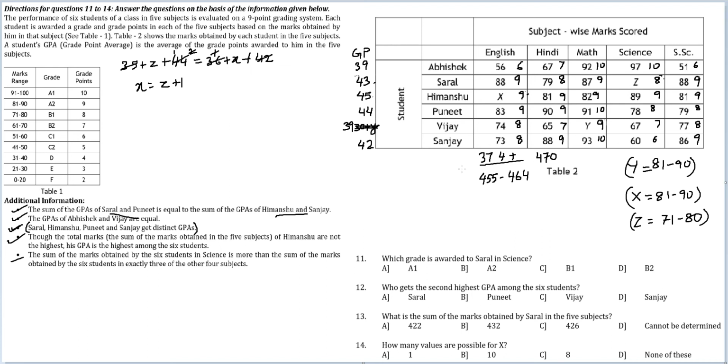Why this is not a problem is, we were told, am I doing this correctly? Seems like it. Have I made a mistake? 470, let me check once. 6 plus 8, 14, 14 plus 3, because maths is very heavy. Maths is very heavy. English is, oh, this is about science. Why am I bothering about Hindi being heavier than English? This is fine, not a problem.